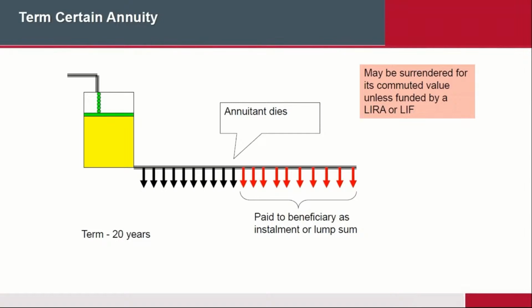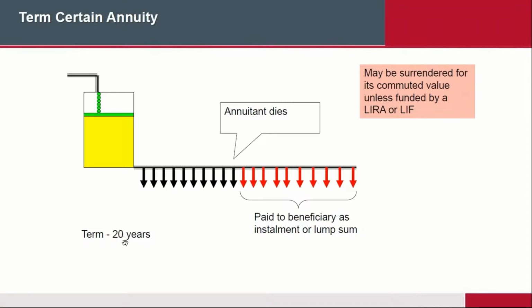So, as I said, there's different kinds of annuities. The first thing we'll look at is what we call a term certain annuity. In this example, you've got a 20-year term certain annuity. So the client has basically said, look, here's my money, I'm going to deposit all this money, and what I want you to do is give me an income for the next 20 years. So that is a term certain, in that at the end of 20 years, it's finished. There's no more money.